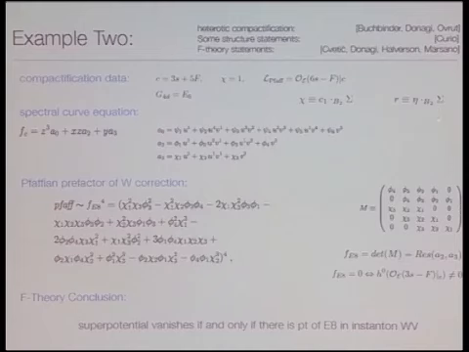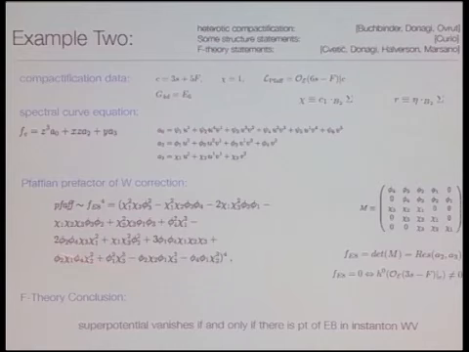in example 2, this is the compactification data. It's similar, but some of the details are different. We still have a spectral curve over the instanton, and we have moduli appearing in it that governs the 7-brane intersections with the instanton. And in this particular case, it factorizes again, and we see this, and we have this polynomial f_e8 to the 4th. And in particular, one thing that you might notice is that the moduli of phi type and chi type show up, but not the moduli of psi type.